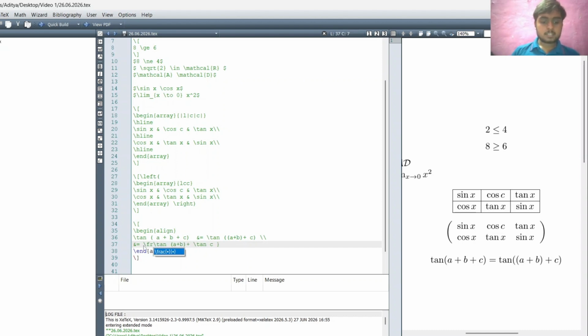So backslash frac, the first bracket for the numerator and the second bracket is for the denominator. So on the numerator I have tan a plus b plus tan c by 1 minus tan a plus b into tan c.